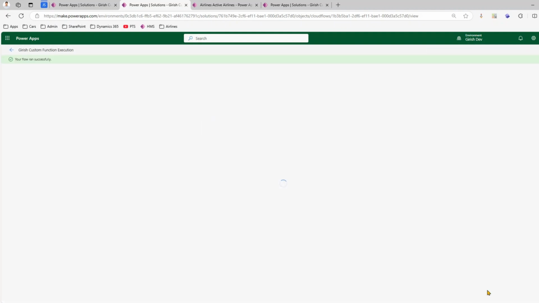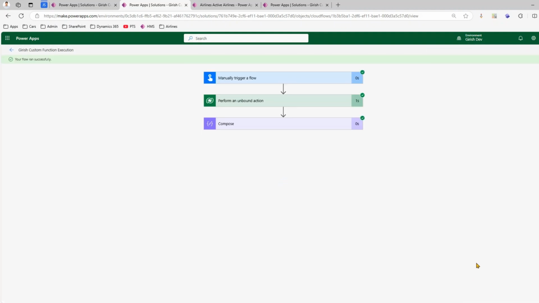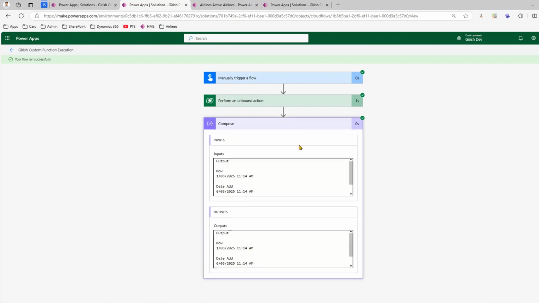Click on done, and if you see the compose, you will see the output. There are three outputs over here. Now will give you the current date time, so 1st of March, 11:14 a.m. Date add will give you 6th of March, 11:14 a.m. So it has added 5 to it, 1 plus 5 is 6, and then today will just give you the